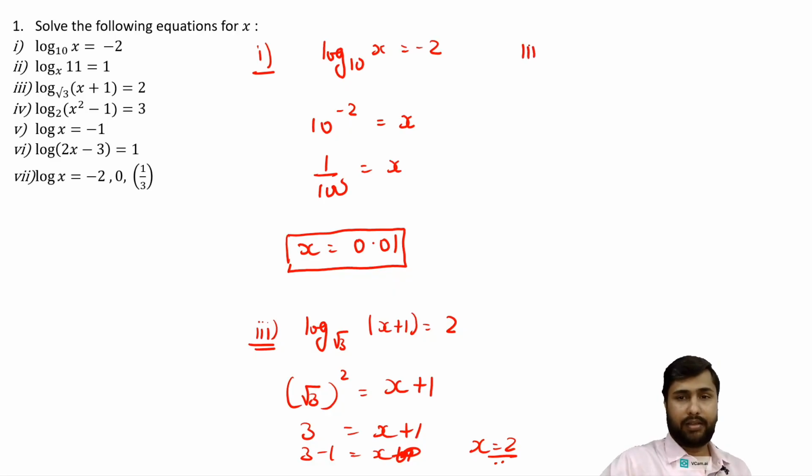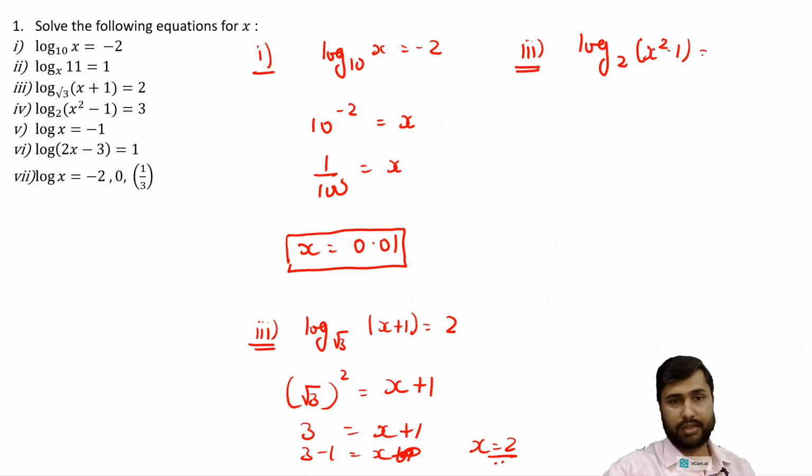Again moving further to the next part, log 2 of x square minus 1 is equal to 3. So